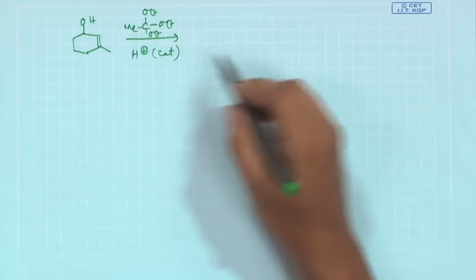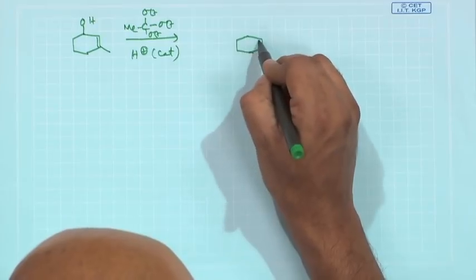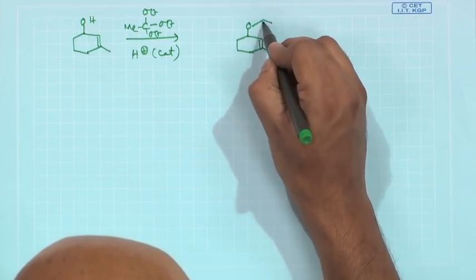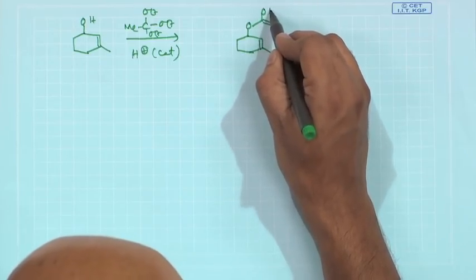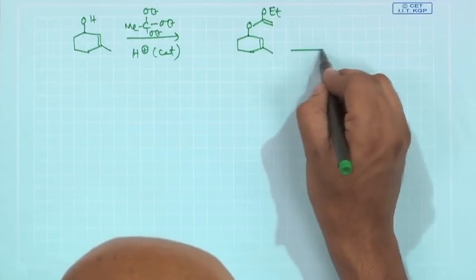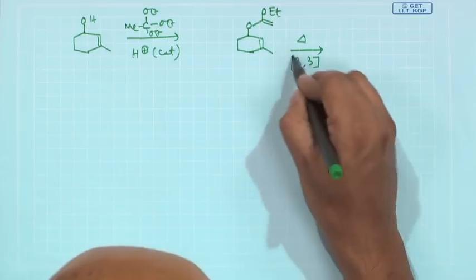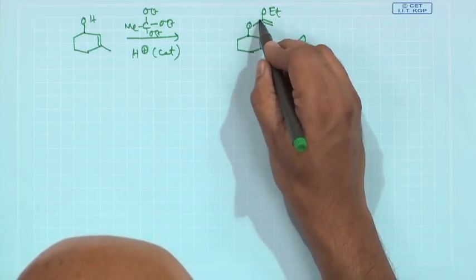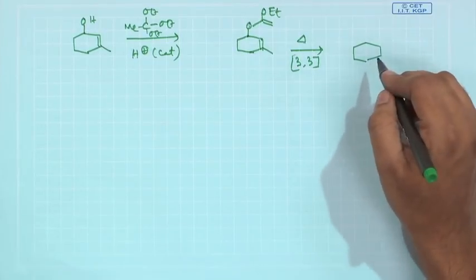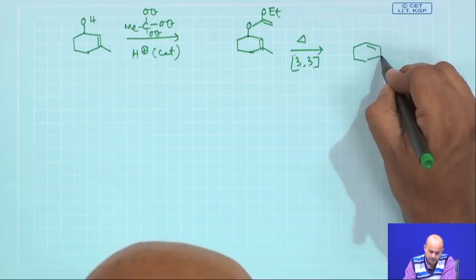Now, as I said, initially you will have this intermediate, which we have already discussed, how this intermediate was formed. Now, subjected to heat, it is a pure 3,3 Claisen rearrangement, 1 2 3, 1 2 3, and if this rearrangement goes, basically you will now have